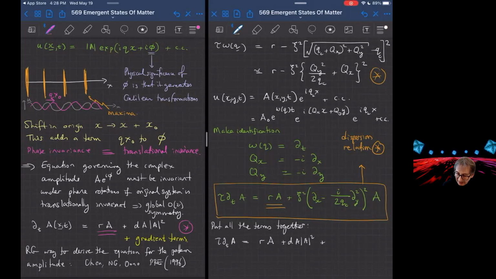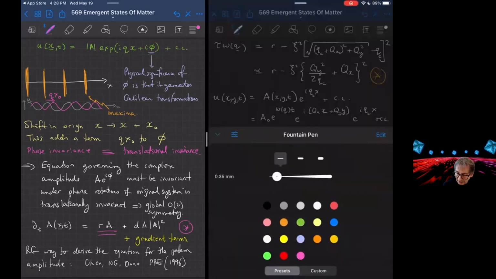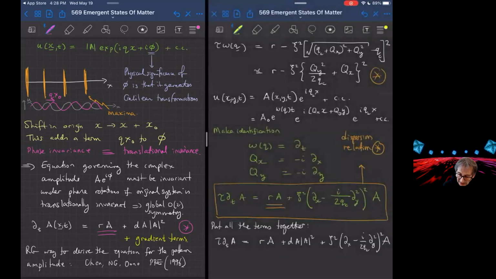And then I have the gradient term, which has some length scale in it, times dx minus I over 2qc dy, squared, acting on A. That is the equation that supposedly should govern space-time variations